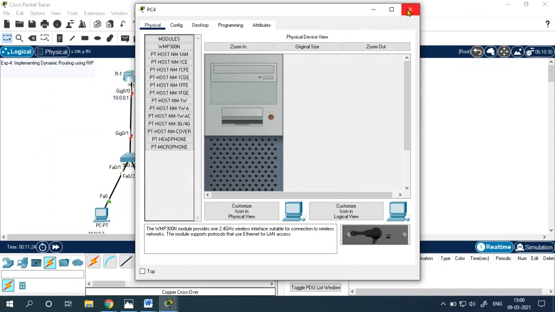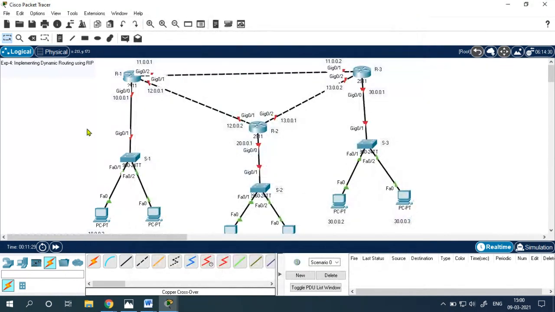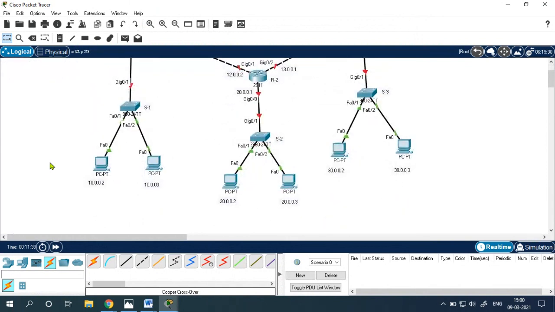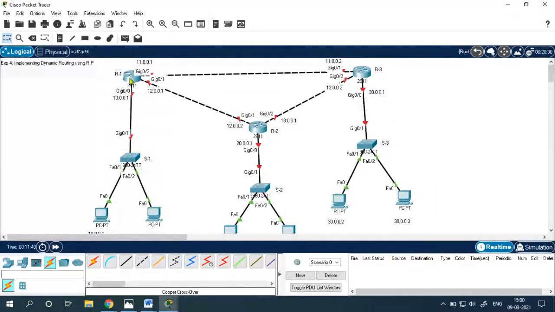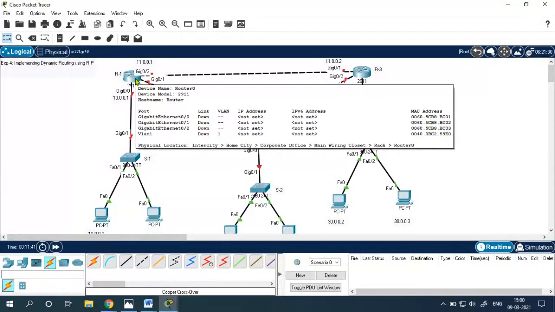Don't be confused that I have configured. I haven't configured anything. I have only made a note. So let's start from the IP address of the PC1, or let's say the router 1.